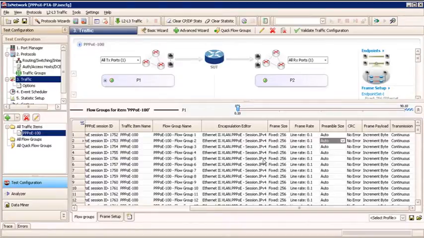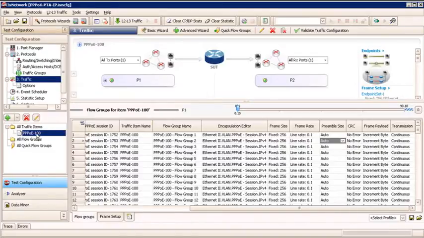The reason that it did this is that IxNetwork is smart enough to say, well, there's no changes to the flow group grid from the default before, so if you're going to go into the traffic item and make additional changes, we're just going to go ahead and overwrite. So there's some intelligence built in to know when to overwrite and when not to. Again, really the simplest way to think of this is if I make any changes in the flow group grid and then relaunch the traffic wizard,